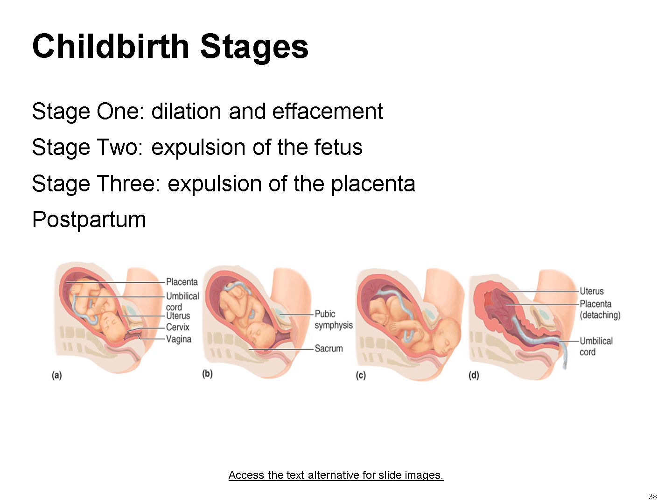Next, we have stage 2. This stage involves the expulsion of the fetus from the uterus. It begins when the baby's head reaches the vaginal opening and ends with the birth of the baby. This is often referred to as the pushing stage. Lastly, we have stage 3. The third stage begins after the baby is born and involves the expulsion of the placenta, which detaches from the